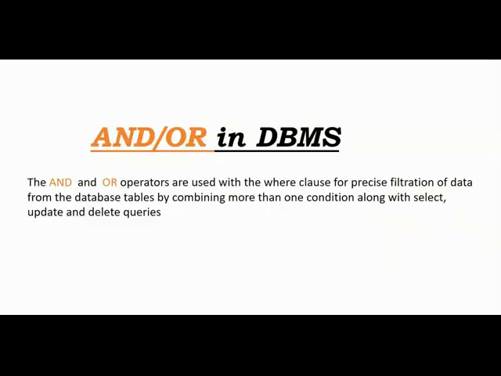AND and OR in DBMS. Why do we use these operators? If you are aware of the WHERE clause in SQL, what does the WHERE clause do? It is used to filter the data and display only those records where the condition is satisfied. Whatever condition you specified, if that condition holds for that particular row, then only it gets displayed. What if you have more than one condition? For that purpose AND and OR are used as conjunctions of conditions.